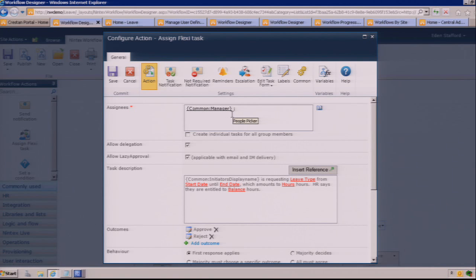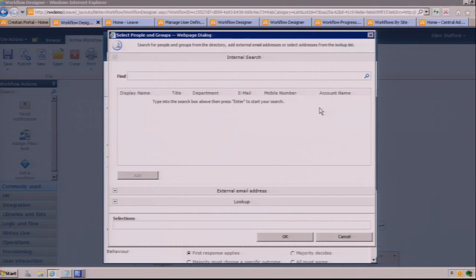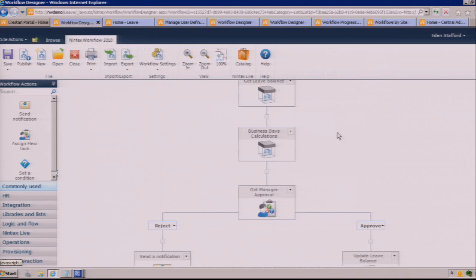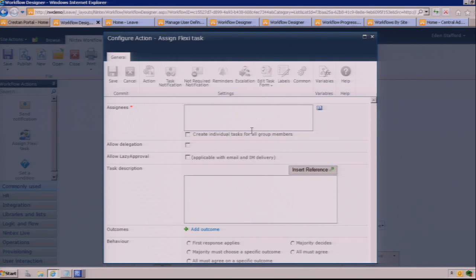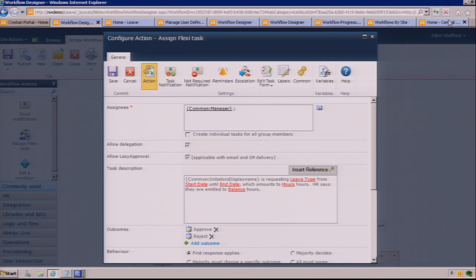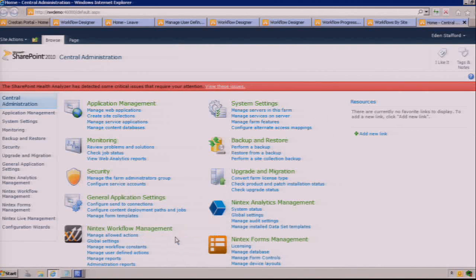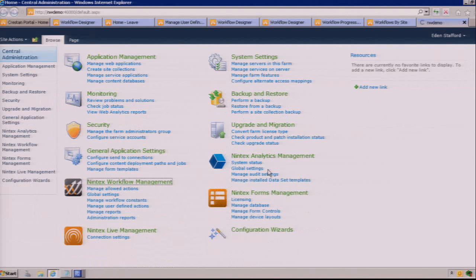Oh, and by the way, we're a big believer that adding extra steps to the workflow to do busy work makes the workflow hard to understand. In this workflow, I can back out of it conveniently, because I haven't really changed anything yet. In this workflow, we're calculating business. We're finding out how many hours the person's accrued, whether or not they've earned the time to take off, and then we're going to get the manager's approval, and so on. Here, we're not adding step after step after step, including things like figure out who this person's manager is. The reason for that is over here in SharePoint Central Administration, under Nintex Workflow Management,